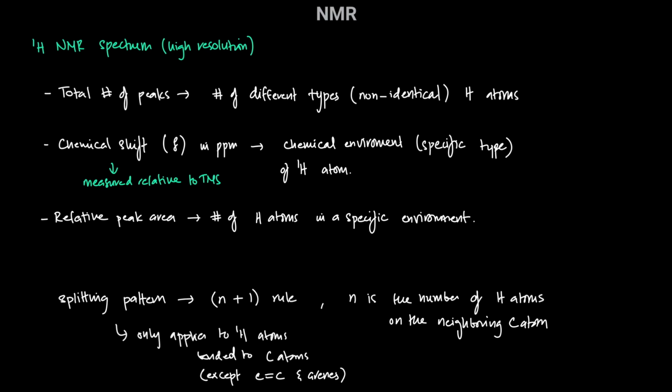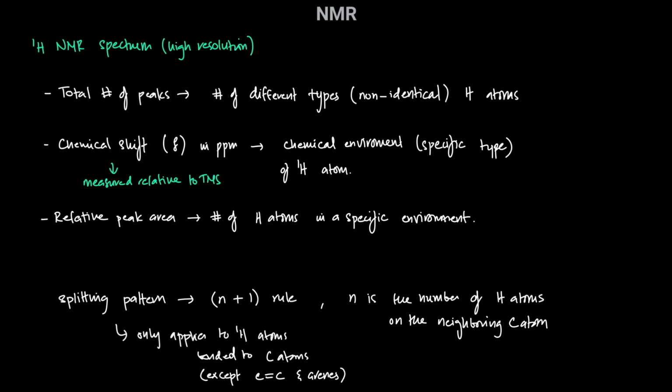All right, so we're going to be looking at splitting patterns for protons or hydrogen atoms that are bonded to carbon atoms. So that could be an alkane, an alcohol, where the hydrogen is bonded to the carbon. But we're not going to be looking at the splitting for hydrogen atoms that are bonded to alkene carbons or hydrogen atoms that are bonded to arene carbons. They do have their own splitting patterns, but we're going to be ignoring the splitting pattern for those types of